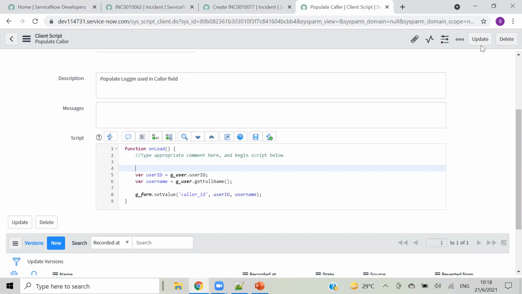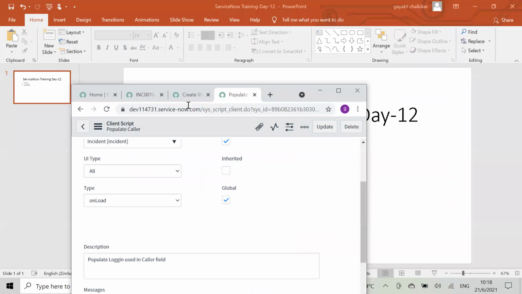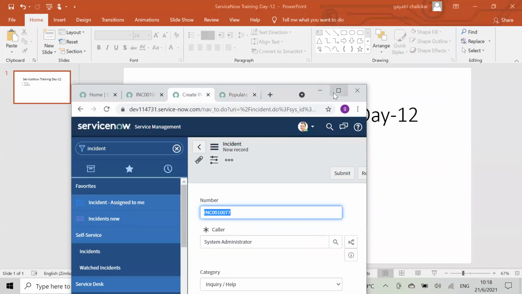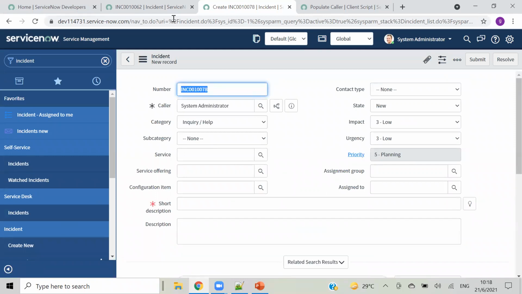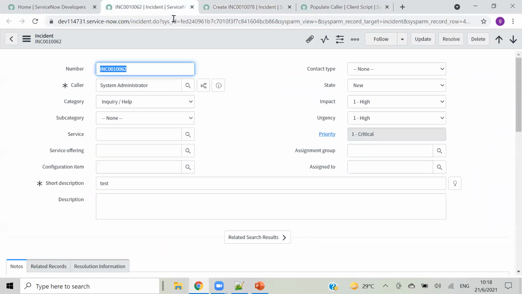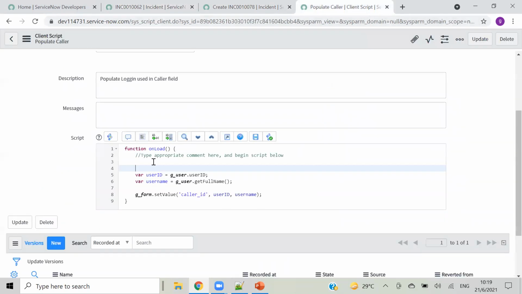If our form is empty, like if we are clicking on create new from here, it means that our form is new. But here this 62 is not a new record, right? So we have to check if that record is new, then we have to set the caller field. If that record is not new, then we should not set anything. So that is our requirement.